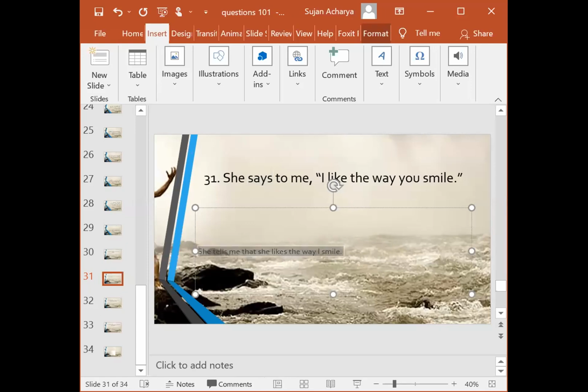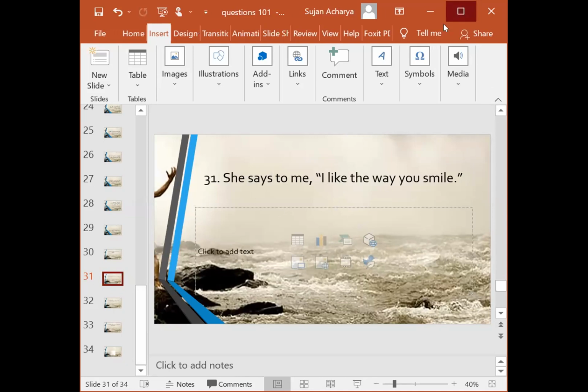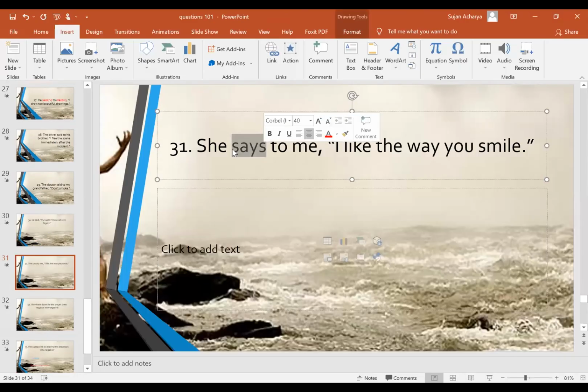Yes, I like the way you smile. Simple present tense matter. We have to keep this in simple present tense. We can't change the tense. Why? Reporting verb is in simple present tense. कुन टेन्समा भयो हुन्न भन्नुभयो चेन्ज हजुरले? If this reporting verb is in simple present tense,